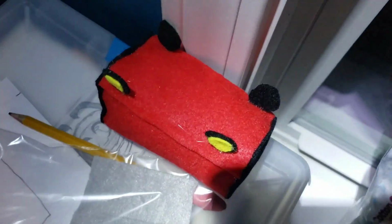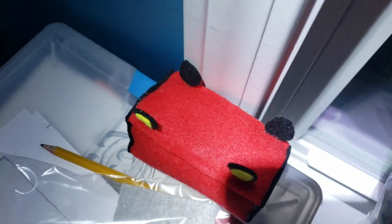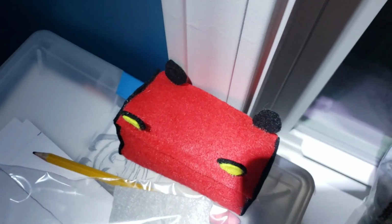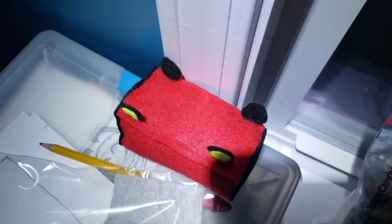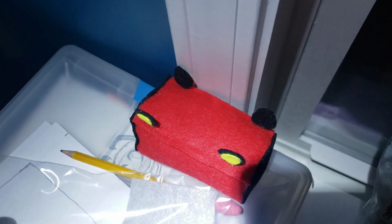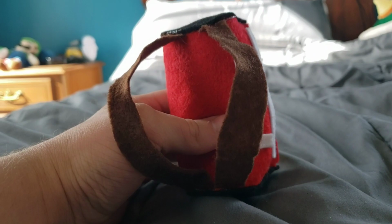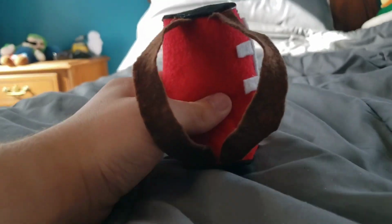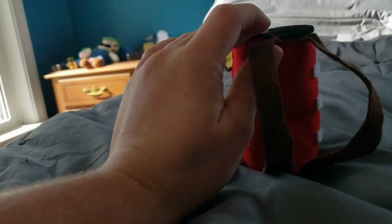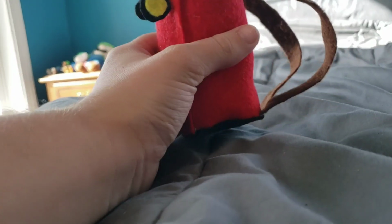And yes, we are saving the nozzle for last, because that's how I wanted to do it. But, anyways, next we'll be doing the straps, which is pretty simple to do. And when you put on the straps, it should look something like this. In the template, the straps are a little bigger, so just cut them halfway from how they were before to make them smaller. And they look a little wide, yes, but